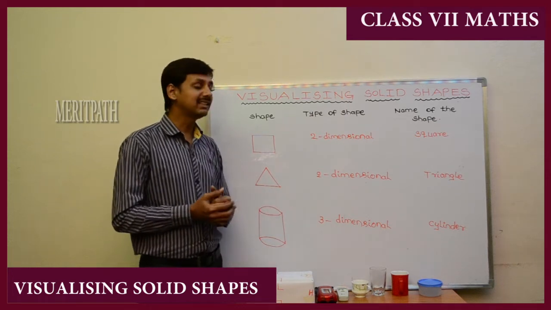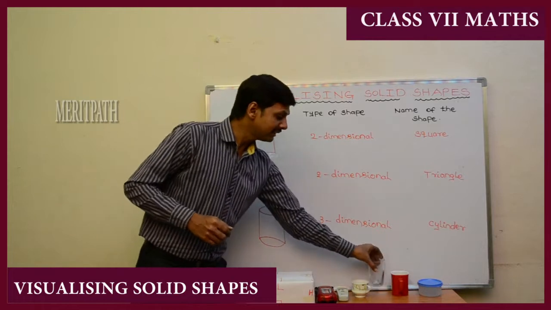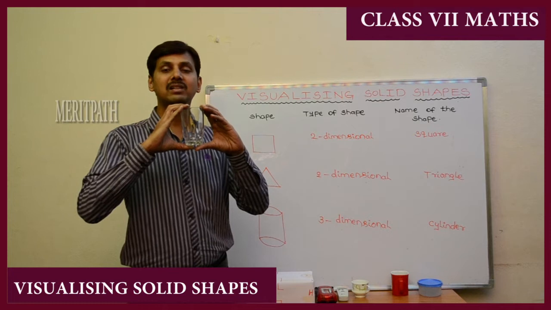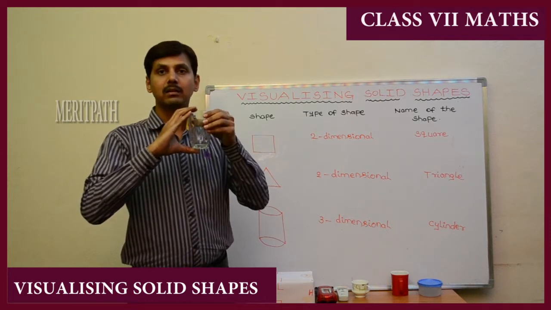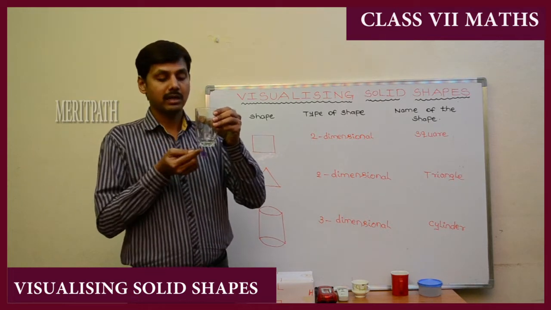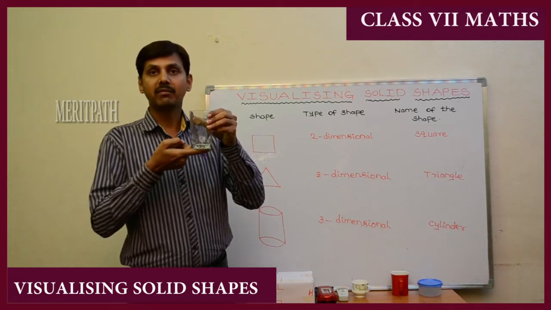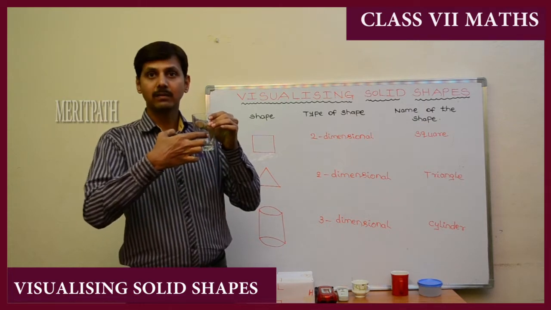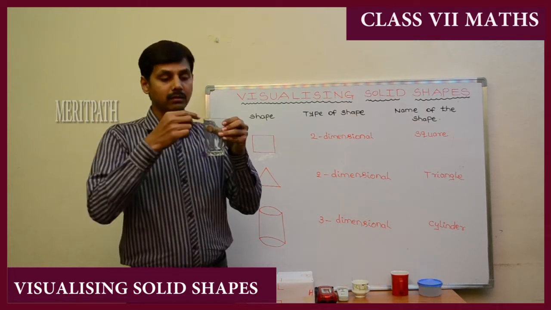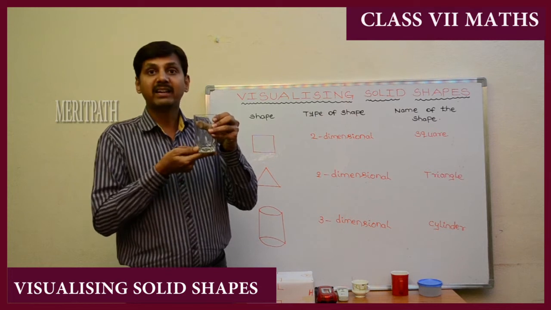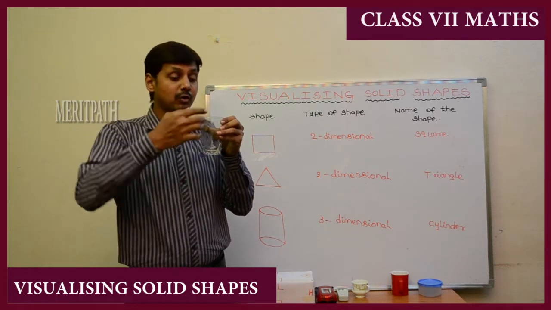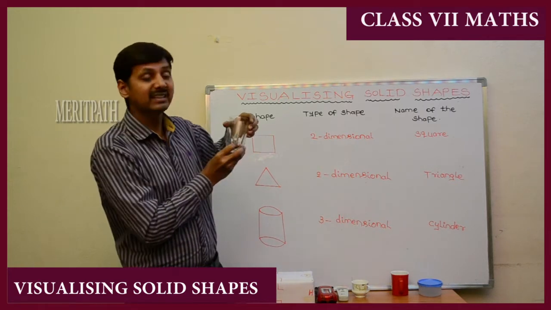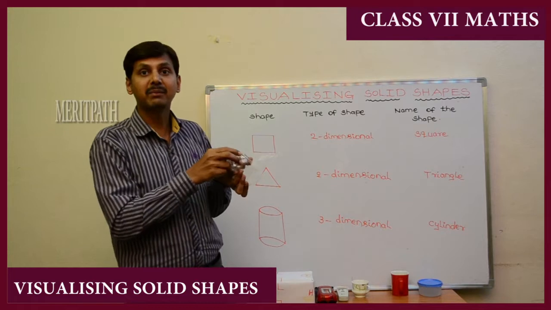And when we take a cylinder, for example, this is in the shape of a cylinder. It has length, breadth, and height, the width, and the depth, what we have between this. The depth of it from the width, otherwise we call it width. So this is a three-dimensional picture. We have three dimensions.